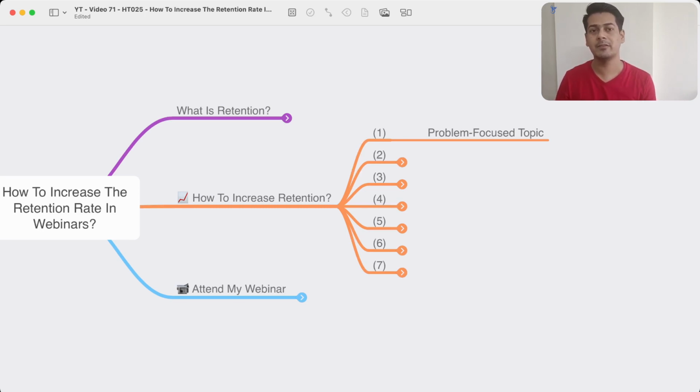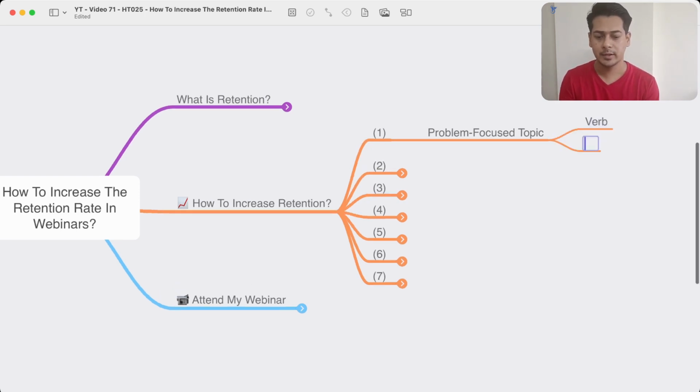Okay, so how to lose 5 kg, and then you have a plausible number or plausible deadline. For example, 5 kg in 3 months seems practical and plausible, and it is way better than 5 kg in 5 minutes. Correct? So have a verb. In fact, I'll note this down. Have a verb in your title.